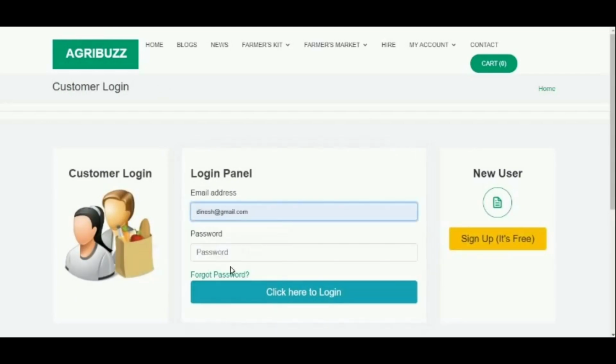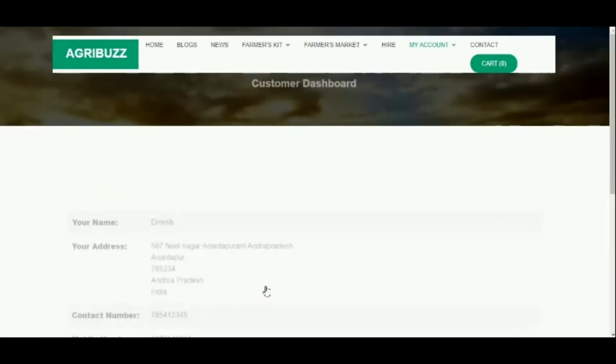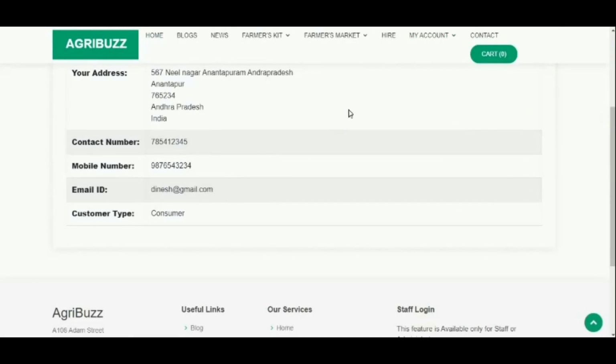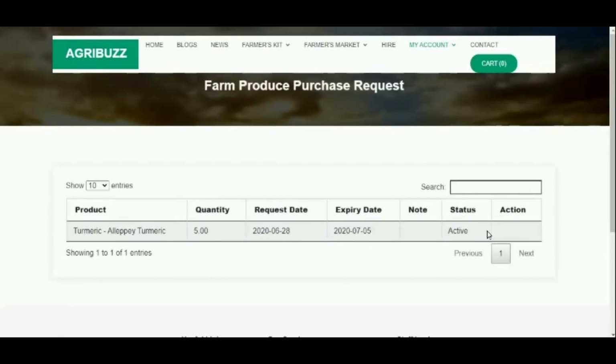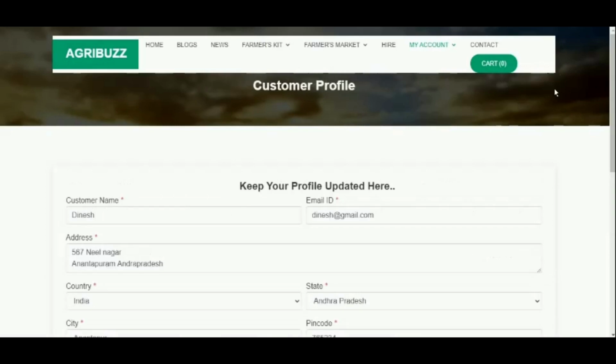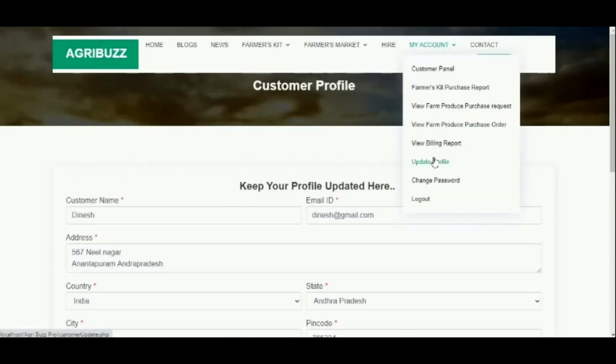Now let's log in back to customer. Now we can see that the status is active, which means the farmer has approved for the purchase.